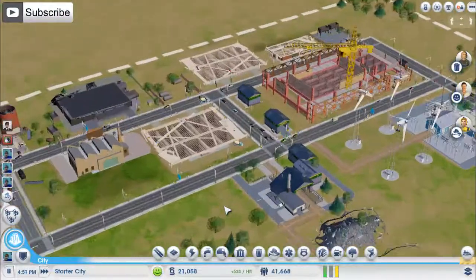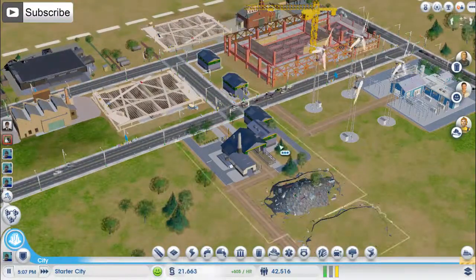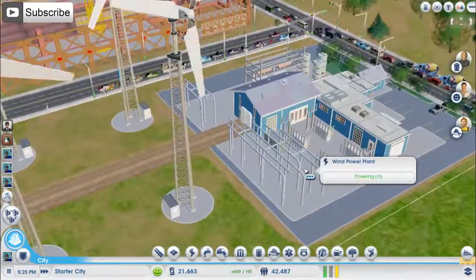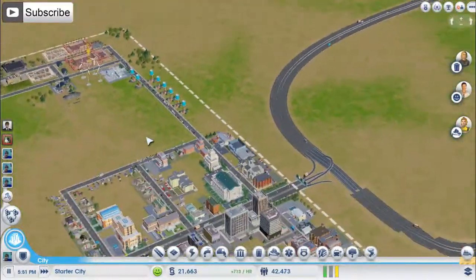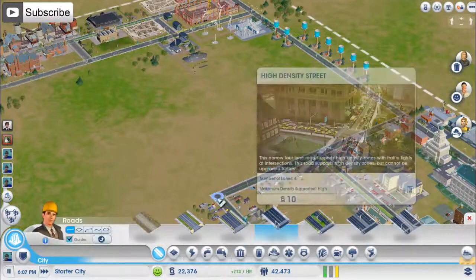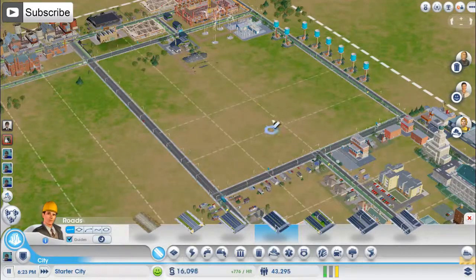Okay, cool. This is the backup power plant, basically, at this point. Alright, this road just has way too much traffic on it, that I need to make a choke point, basically. There we go. That should free up